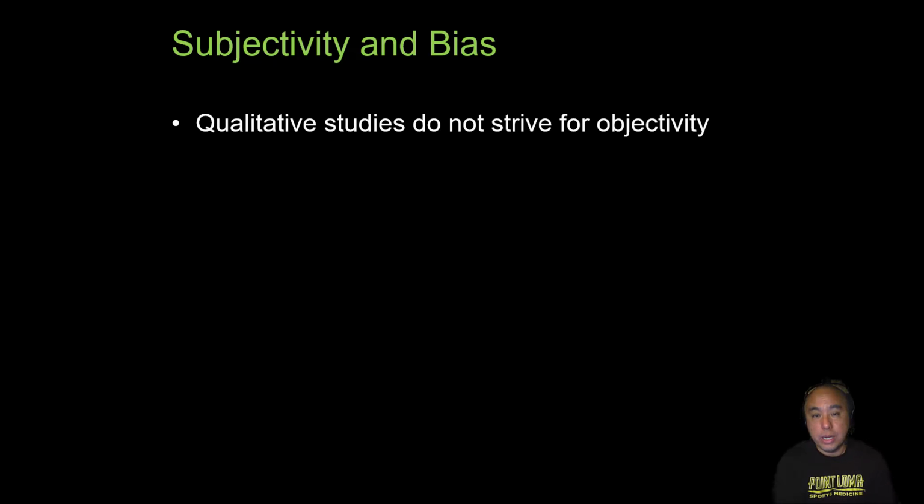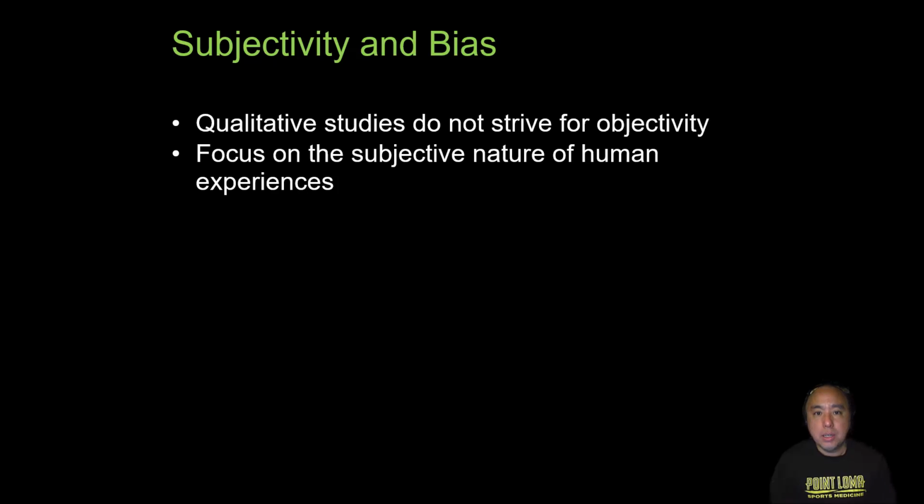Or that we collect and observe in our sample of data and see if we can extend those results over to the population. Whereas in qualitative data, it's not all about objectivity. In fact, the subjectivity and biases that we bring into the research is actually embraced. We don't want to cover that up. We want to come clean and say we've got certain biases.